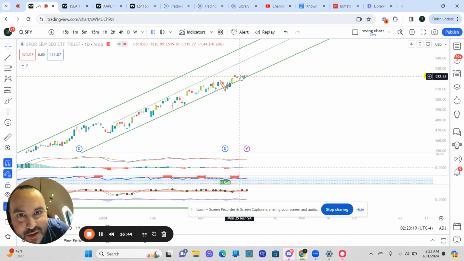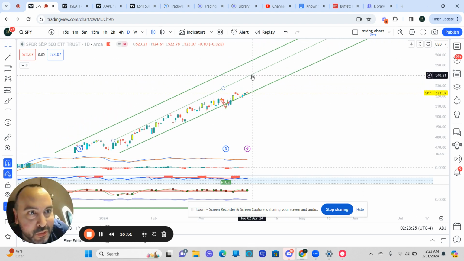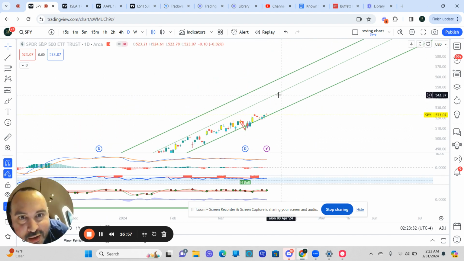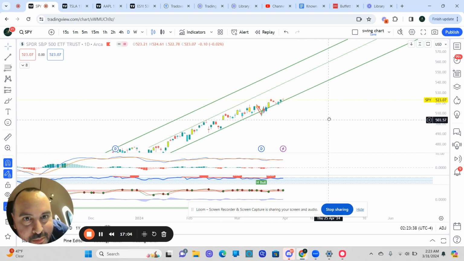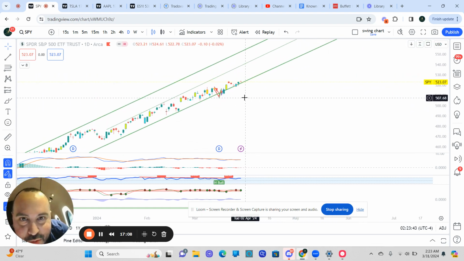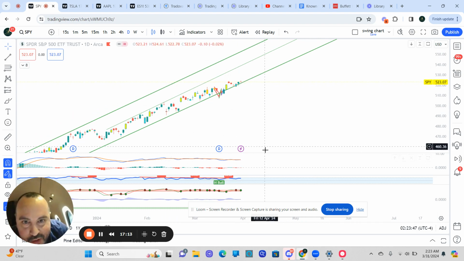Whether we stay here, we could bounce higher, we could go up to that 550-ish area before hitting a little resistance here on this smaller trend line. And then obviously the peak's a little bit higher than that, but we have to get through. First of all, we need to hold this. We haven't been able to hold this, but let me show you a little bit about the wave trend indicator